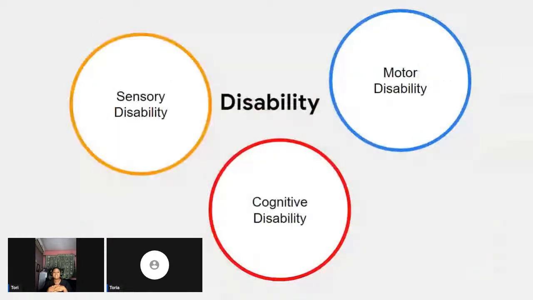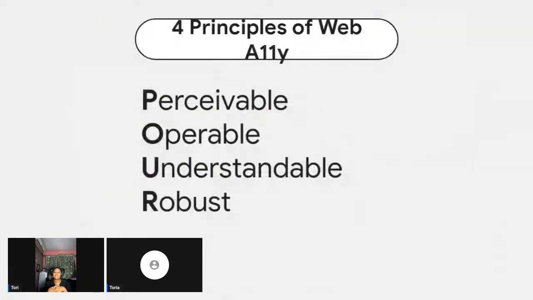Now, if you want to talk about web accessibility, you cannot overlook these four principles of web accessibility. A11Y is used in place of accessibility. Accessibility: A, Y, then the letters in between A and Y, 11 of them. That's why sometimes we use A11Y interchangeably with accessibility because the word is so long, right? Back to the four principles of web accessibility. We have perceivable, operable, understandable, and robust. For your web to be accessible, it must pass these four principles of web accessibility.